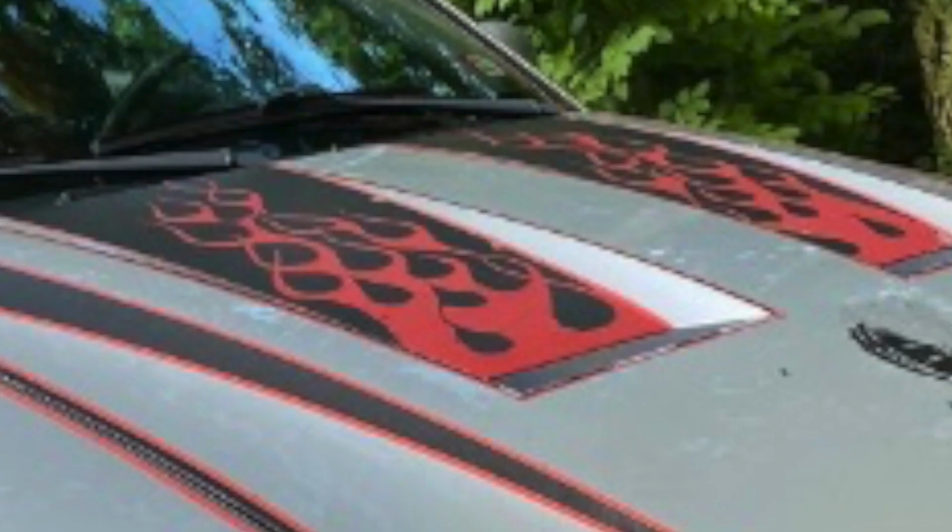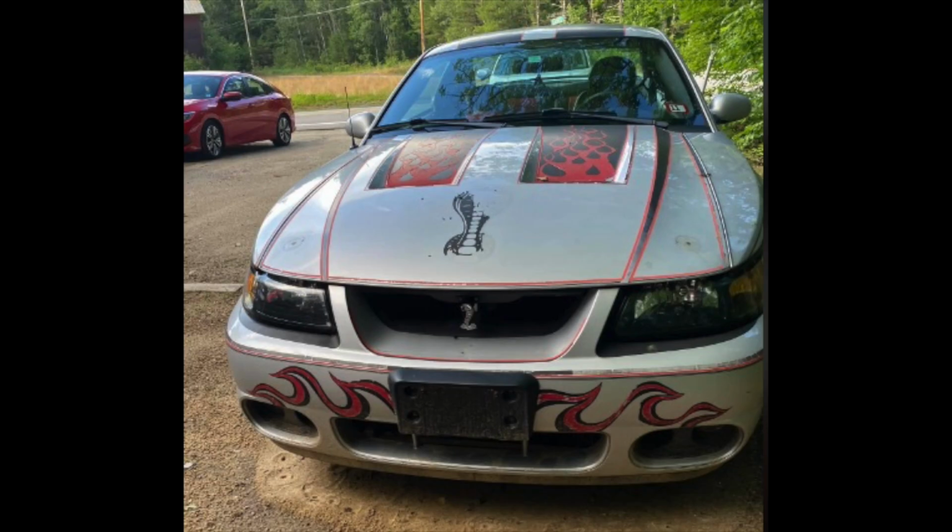Usually you can get it off with a heat gun, but when it's been in the sun and it cracks into little pieces, it's hard to peel it off in single strips. So it's actually really difficult to get off some vinyl that's really deteriorated. And the new owner of the car said that he has a really good detailer who's been putting in good work onto this car. Here's the front shot of the car, and you can see the Cobra snake decals coming